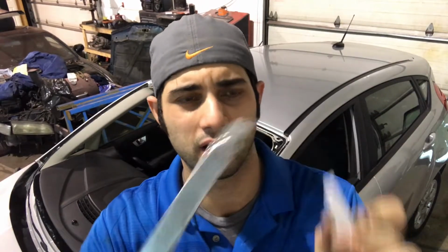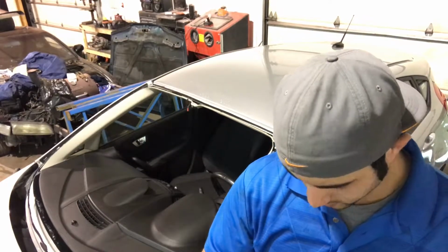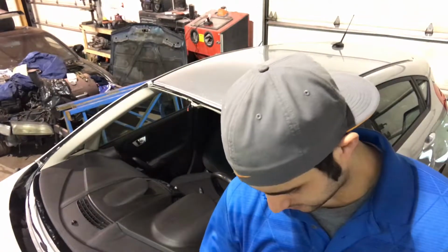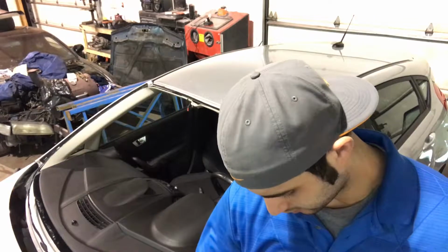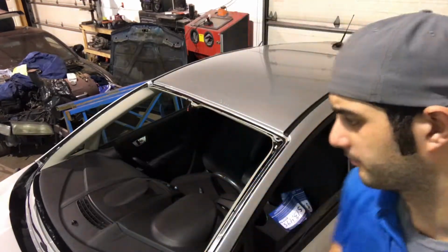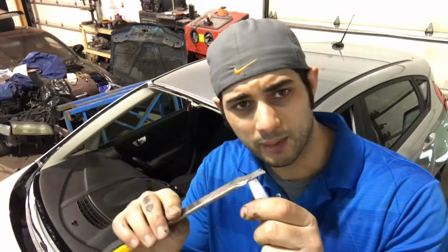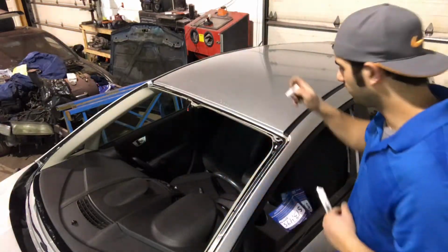So first cut this little tab off. These are different based on what you use. I use Sika urethane. It's my favorite, and it's really good stuff. I use Sika Drive, which is a 2-hour cure time. Very, very, very high quality stuff. So, cut the tab off, put the tip on the body,